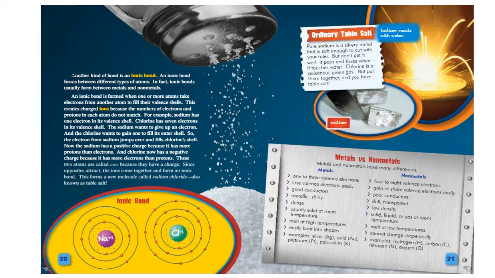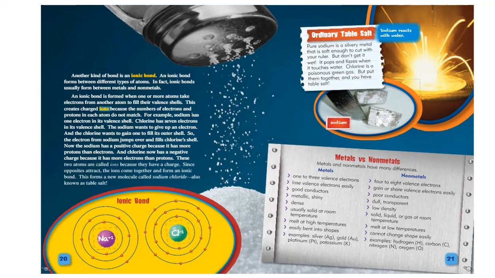Alright, and lastly, we have another kind of bond called an ionic bond. An ionic bond forms between different types of atoms. In fact, ionic bonds usually form between metals and nonmetals. An ionic bond is formed when one or more atoms take electrons from another atom to fill their valence shells. This creates charged ions, those being atoms with an electric charge,